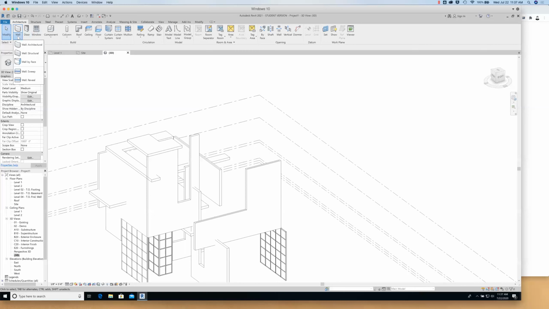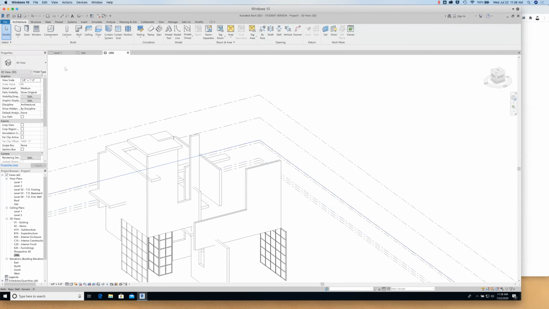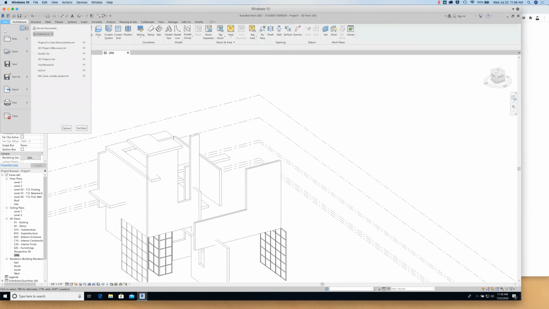I'll go ahead and go to the wall tool again and pick reveal. And I'll make sure it's set to horizontal. Now, like I said before, yesterday when we did this, the default reveal profile is really kind of oversized for what I want. So before I put in any reveals, I'm going to go to the file pull down, and